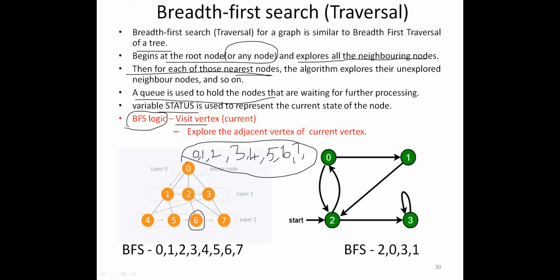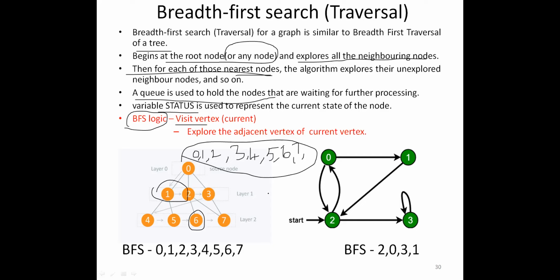Okay, I can start from any node. I have taken the root node. You can start from 1 also, no issues. I can start from 1. Who are all adjacent to 1? I will write 0, 4, 5, comma. Then I will go for 0. So you work it out. Take this as homework and work it out.